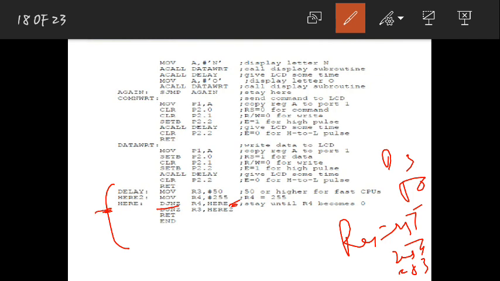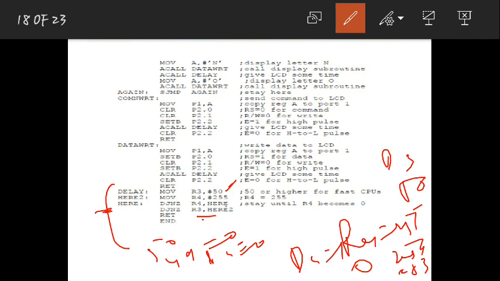So it keeps doing this until R4 reaches 0. When R4 is equal to 1 it will decrement, right, so that 1 will become 0. When it becomes 0 after decrementing, jump if not zero, but R4 is equal to 0 this time. When it is 0, it can't jump, it should simply follow the other line. The other line means you again decrement R3 and jump if not zero. So what is R3 now? 50. Is that fine? So that 50 will be decremented to 49 and it will check for 0. 49 is not equal to 0.